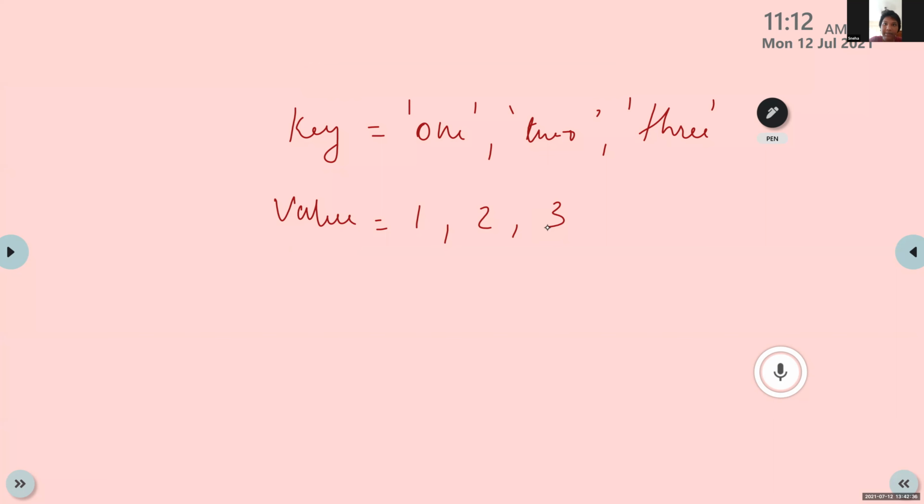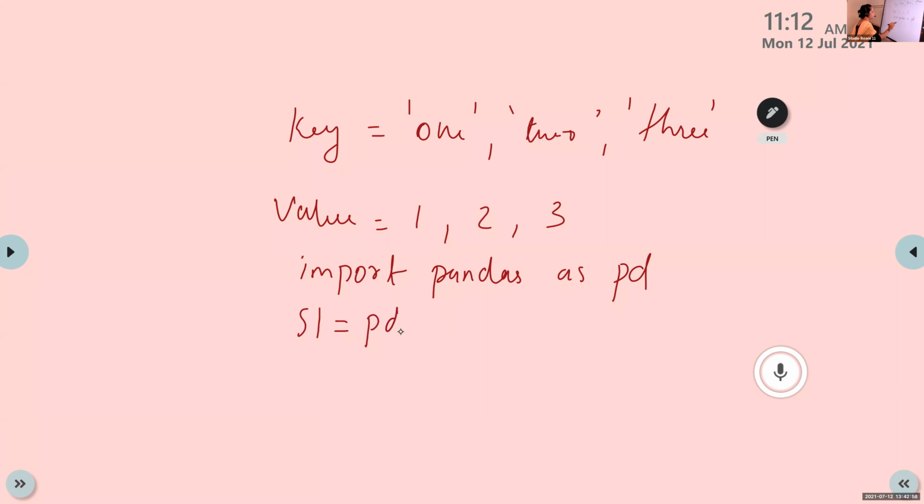Import pandas as PD. Yes, correct. That is the first statement. For every series creation, the first statement is import pandas as PD. Okay. Then S1 is equal to PD dot Series, open bracket,